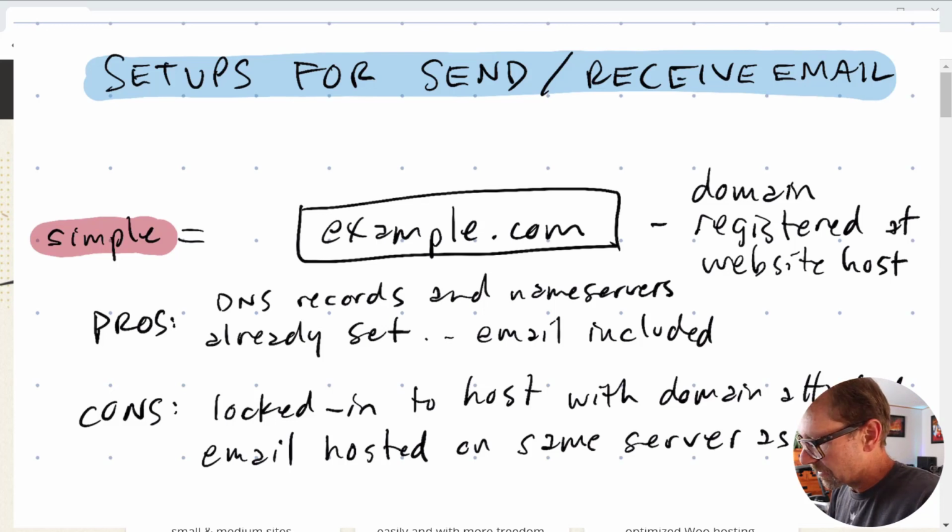So, some setups for send and receive email. First, the simplest solution is to go to a website host, something simple. I do recommend SiteGround as a way to start for an inexpensive price for a shared website host,